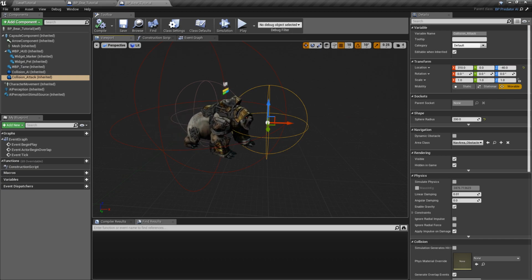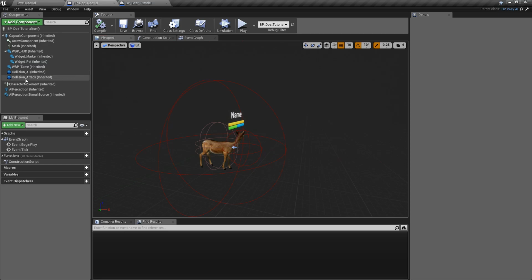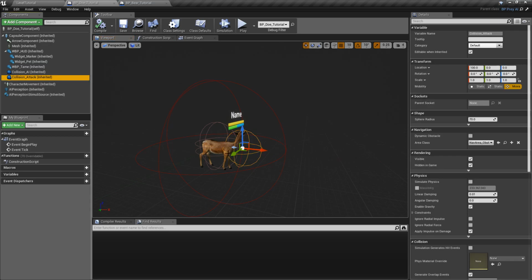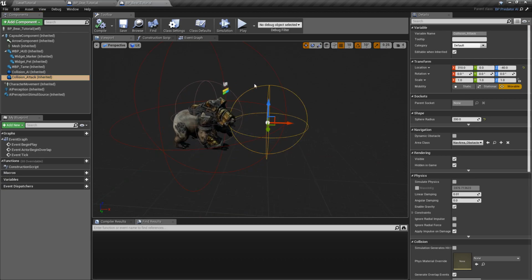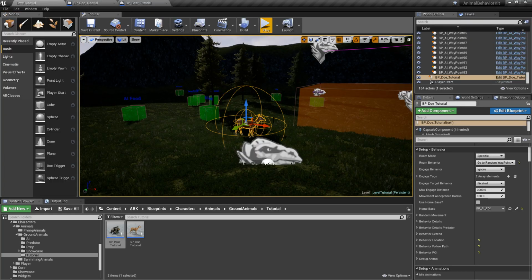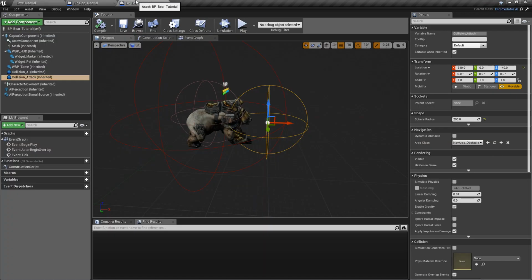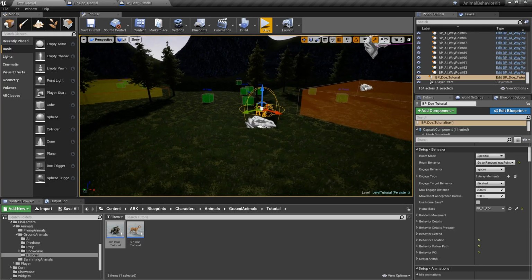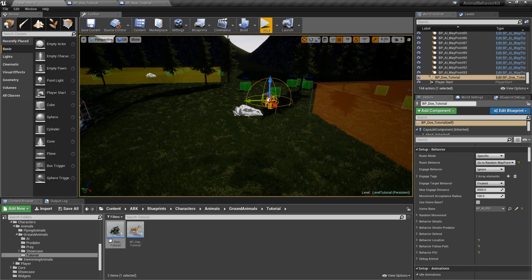Okay, I just wanted to point that out because you can see here that it's way bigger. For example, in the deer case, look at collision attack, way smaller, right? Versus the bear, way bigger. Oh, and by the way, the bear doesn't have any other components, which we're not going to be using until later on. So let's go ahead and drop the bear in our scene,